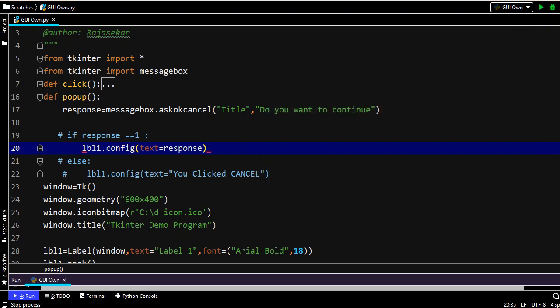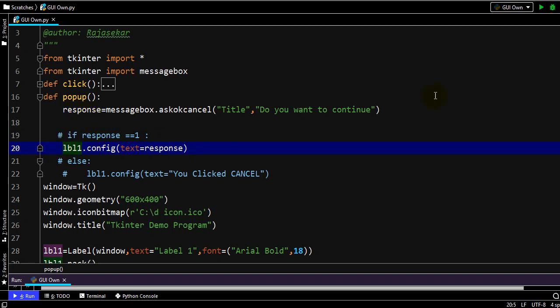It's still running. Let me terminate the program and rerun, because it's running the previous version. The reason for the error is that the indentation is not correct. Let me correct it.